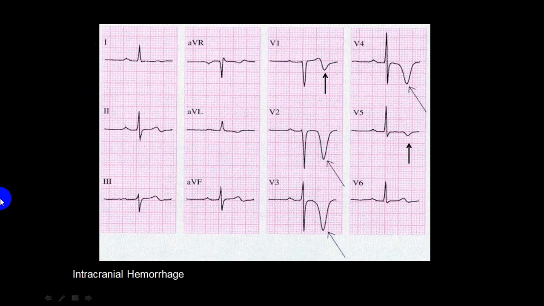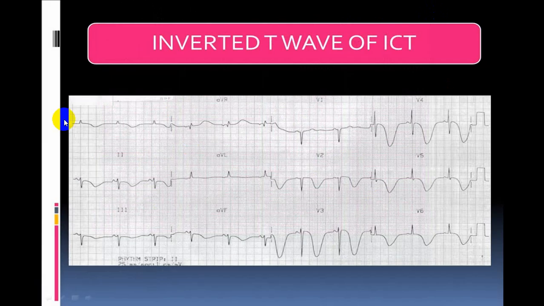We'll show you some of the ECGs we have got. Here you can see this is an ECG in a person with an intracranial hemorrhage. You can see a wide T wave inversion. You can see a sharp T wave inversion in a good number of leads. V1, V2, V3, V4, you got those changes. And you got changes in other leads also. Whenever you see this in an unconscious person, do suspect intracranial hemorrhage or raised intracranial pressure, where there is no ischemic heart disease. So do keep it in mind.